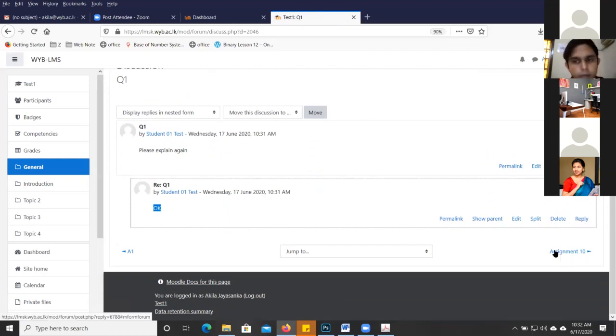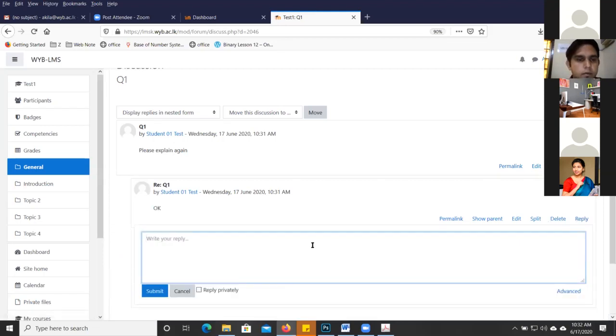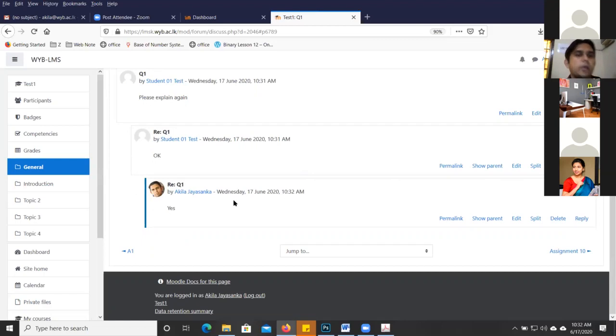If you want to reply to them, you can reply. You also have the capability to delete those posts if they are not relevant. In some cases, students may add irrelevant things in this discussion, so you can delete or hide them. Again, you can reply and submit. Like that, you can create a discussion forum using the forum item.